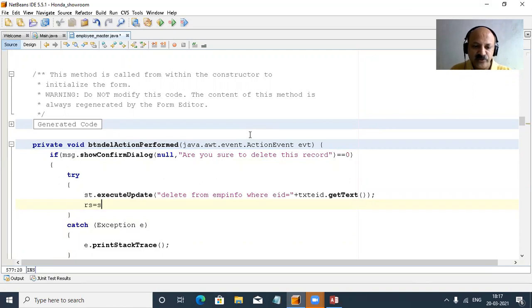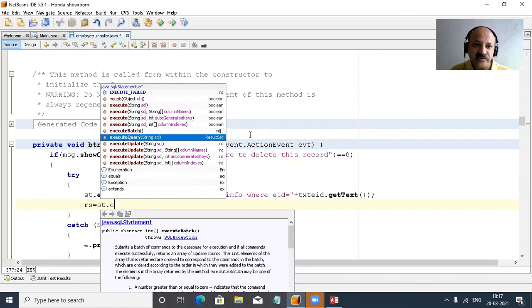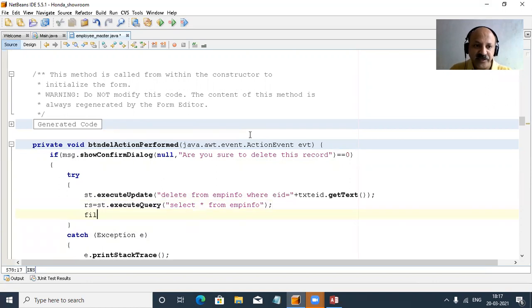And then take a ResultSet, and I use the statement again, and that is execute query now. Yes, now perfect. So what to do? We call our grid, so select, so we can also reflect the change in the grid: JTable emp info, and we pass fillGrid, that is our method, and pass the rs.